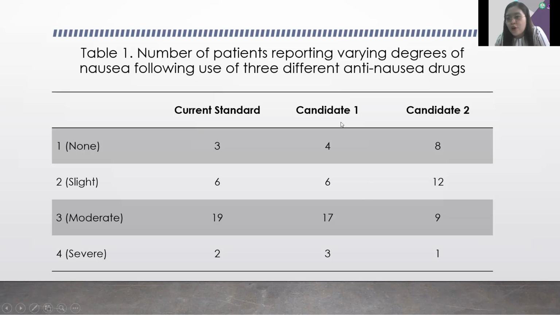So I know right away what that means. But if you're just a lay person, an ordinary one, not related to any medical course, you really won't understand what is in the table. So that is the